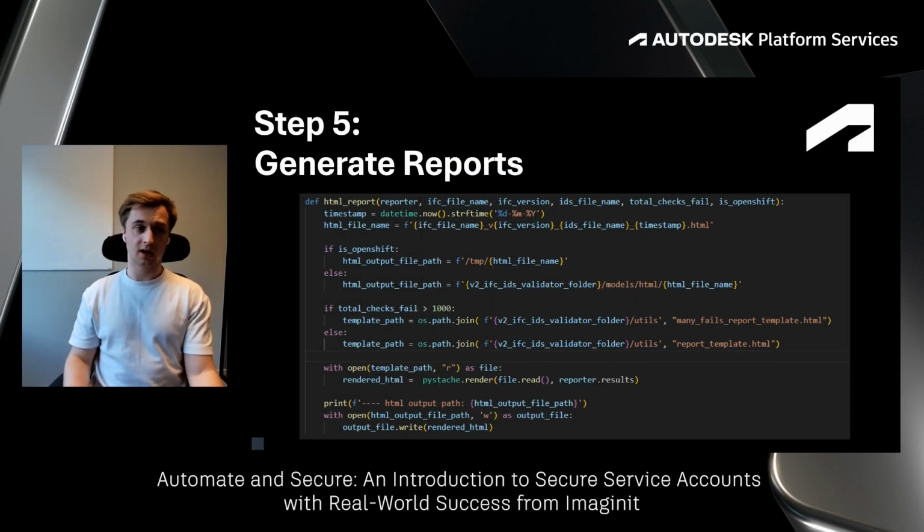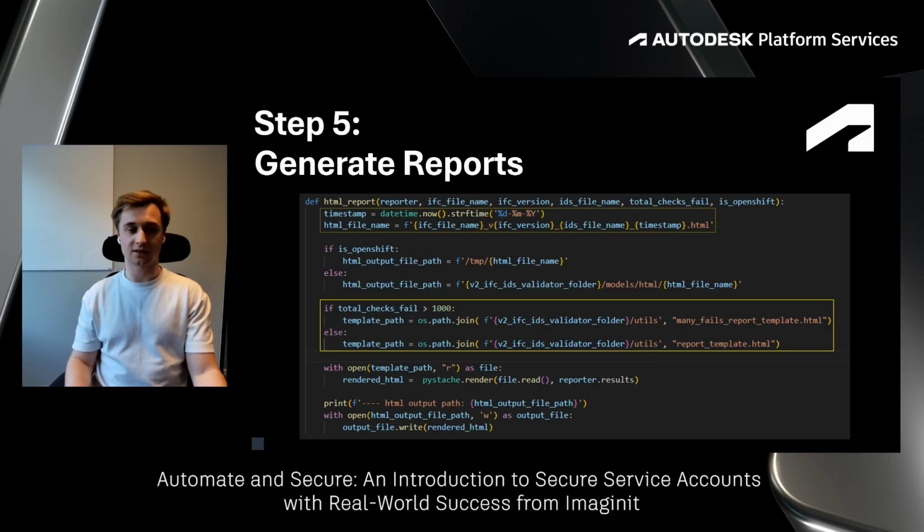So now we're inside the HTML report, and we're going to generate the report. The file name follows the same template as with the PDF, just a different extension. And based on how many failed checks the validation had, I choose one of 2 templates. I've set the limit at 1,000, and this is essentially trying to reduce some of the PDFs in length. If there are a lot of issues, it could become